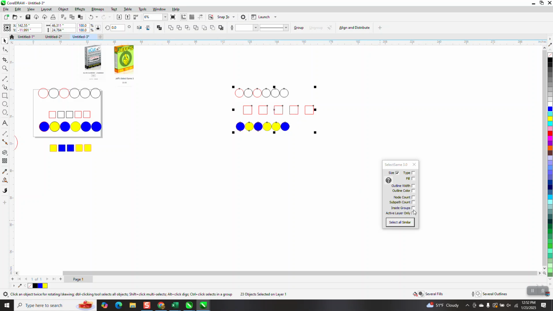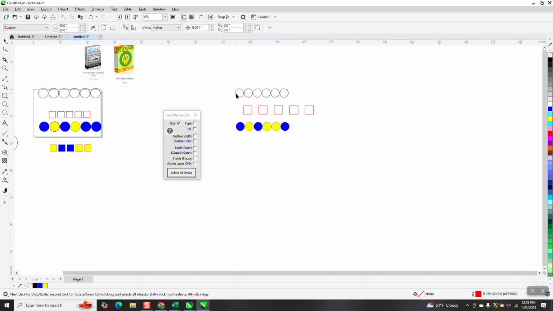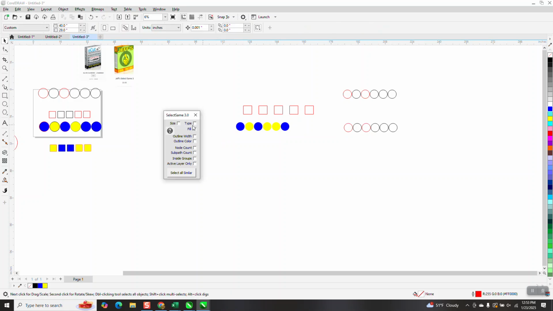Subpath, which I'm not even 100% sure about. Active layer only, I don't ever use layers in mine. But you've got type, fill. Okay, let's try that. Here we had the 5-inch circles and a square. This time we're going to go and type. Now this time it only selected the circles. And then, of course, the fill, if we wanted to do just the fill, if we want all the blue fills,